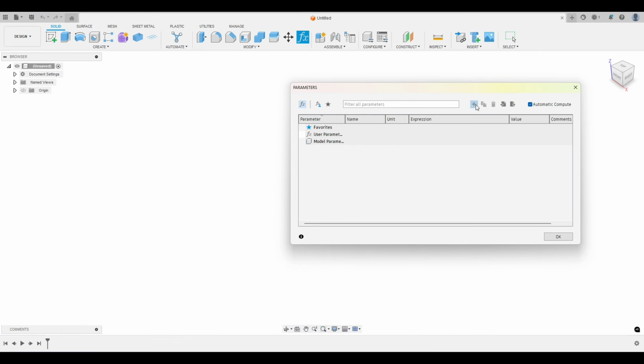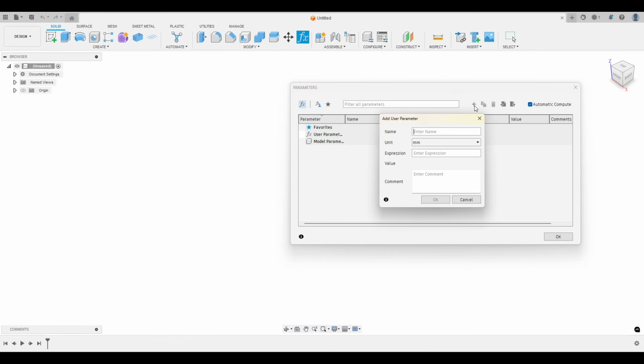So all we're going to do is hit plus, and we're going to type in inside cap. And this will be the diameter, so let's just do diameter as well. You can't have any spaces in this name, so that's why I put these little underscores. So inside_cap_diameter,